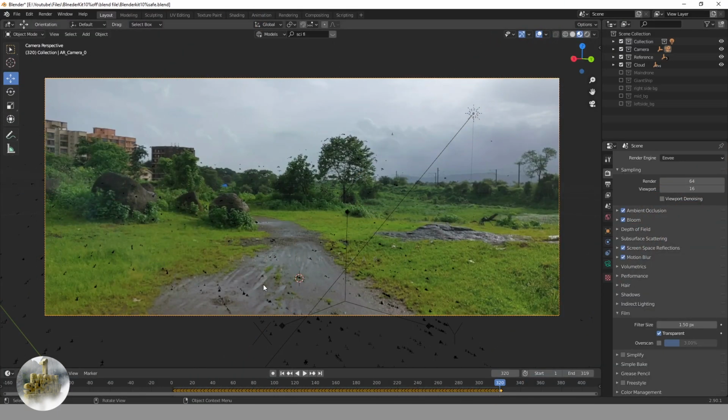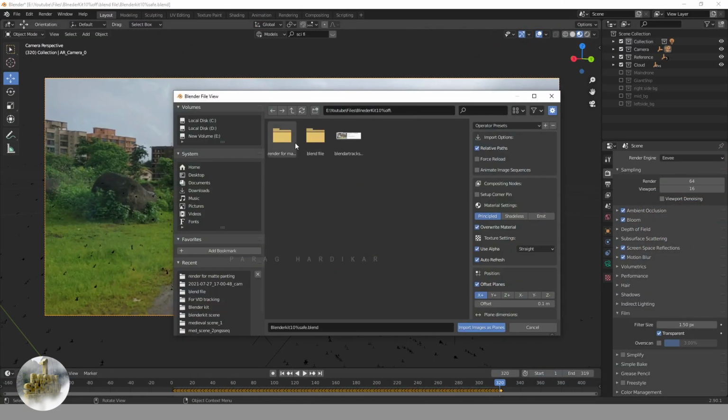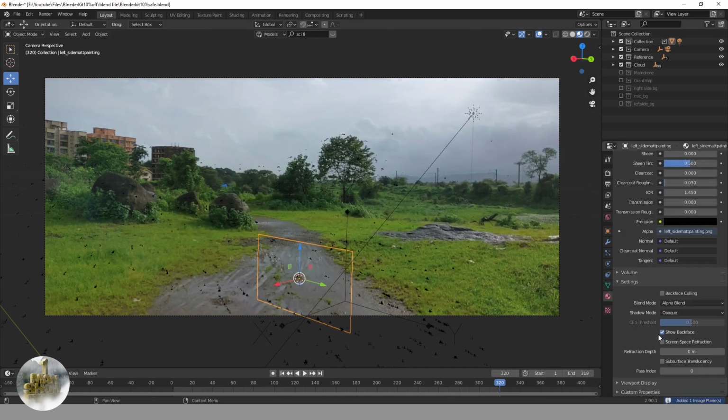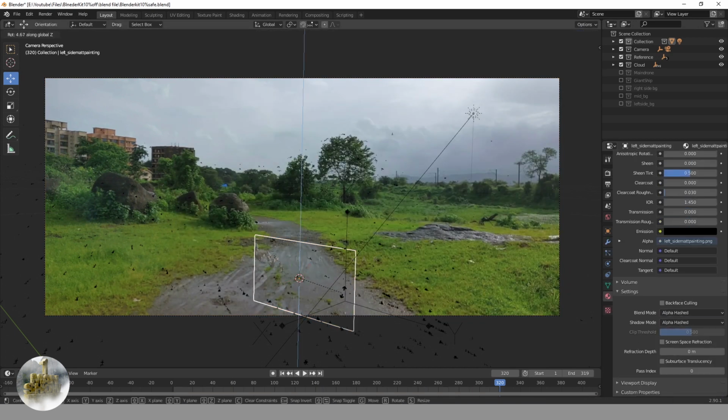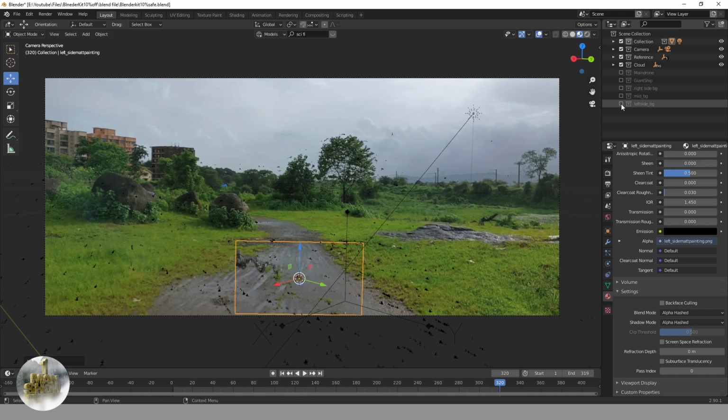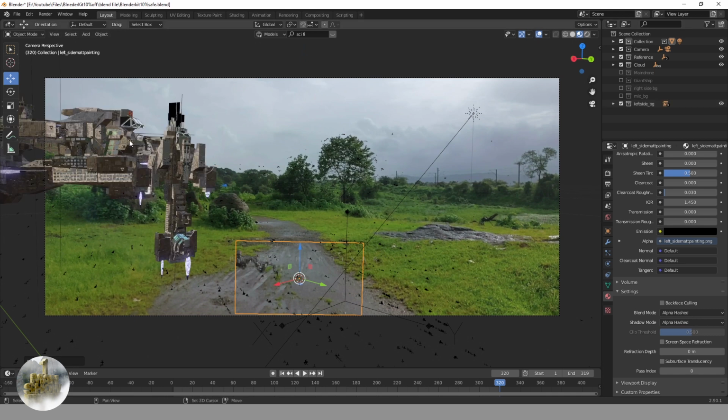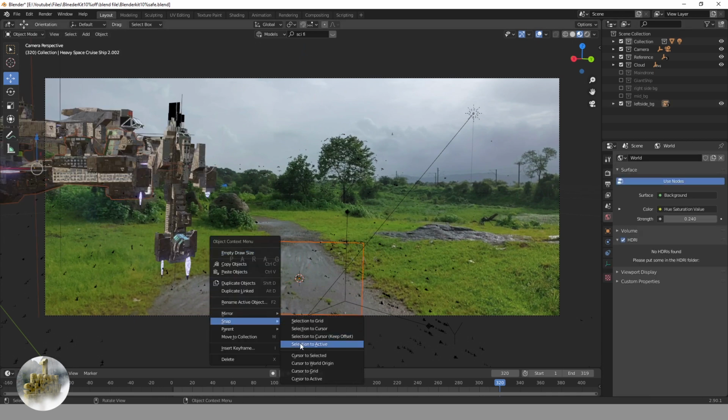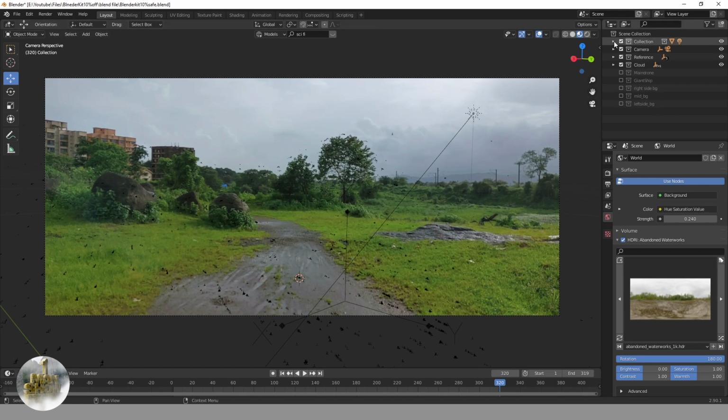Once done with the Photoshop editing, then I imported those images as planes inside Blender and snapped those planes at the same position where I kept the models.